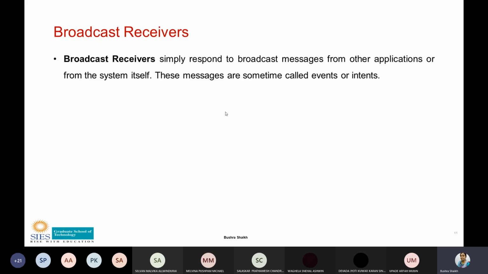That internet state change would not be notified only to the YouTube app, but rather it would be broadcasted and announced in the device to all the apps, so that all the apps which are in need of the internet will be able to know that the event has happened, that the internet is not there. Now, likewise, when the internet again becomes enabled or active, from the disconnected state to the connected state,